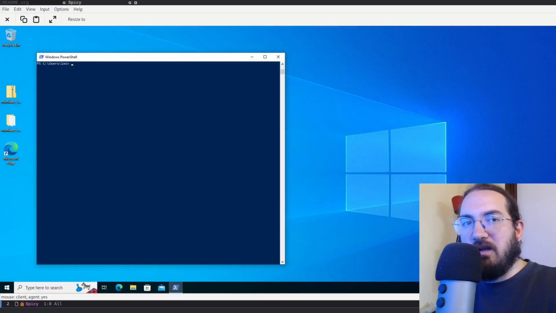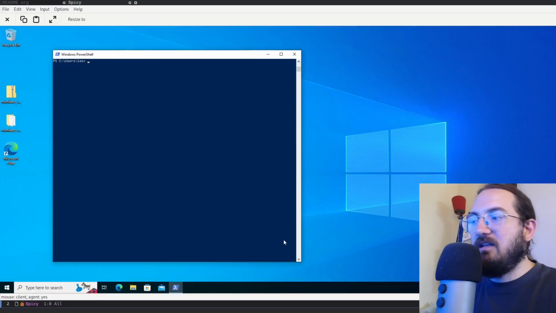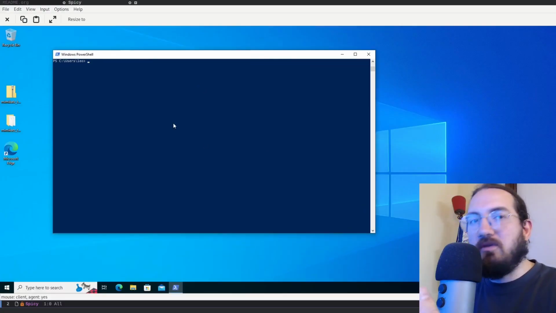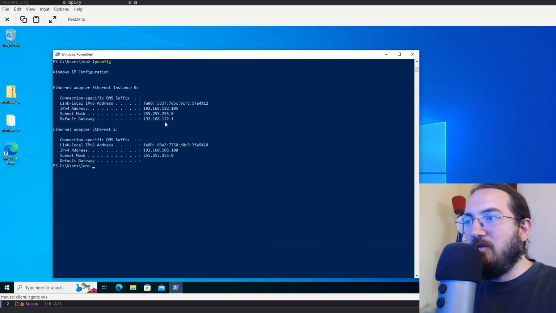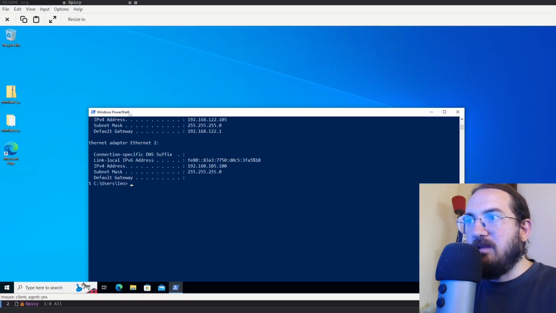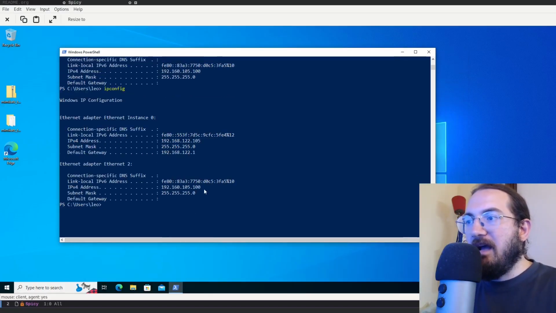Now here I'm showing the graphical interface, but you can imagine that here we have a reverse shell, maybe we don't have the graphical interface, but we have a reverse shell and we run the command ipconfig, and here we see, oh look, I have two different network interfaces, right? I have this one, the